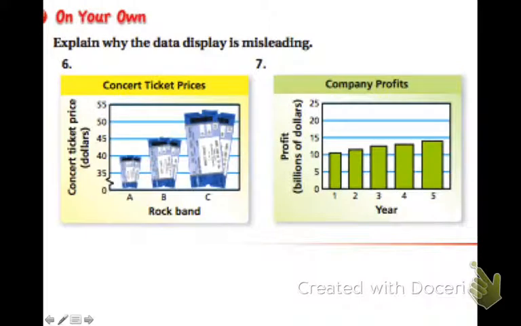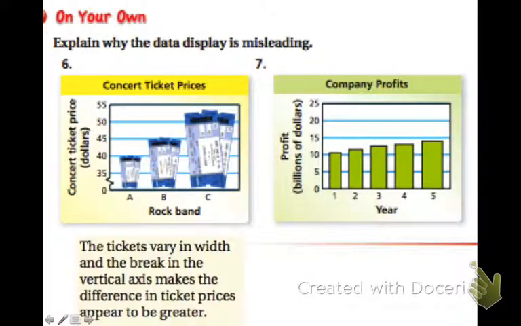So now we're going to be asked to explain why the data may be misleading. So if you look at the concert ticket prices, the concert ticket price in dollars and rock band A, B, and C, you see a break in the vertical axis. You also see a difference in the width of the tickets. And both of those are going to make it misleading because it appears that the difference is much greater than